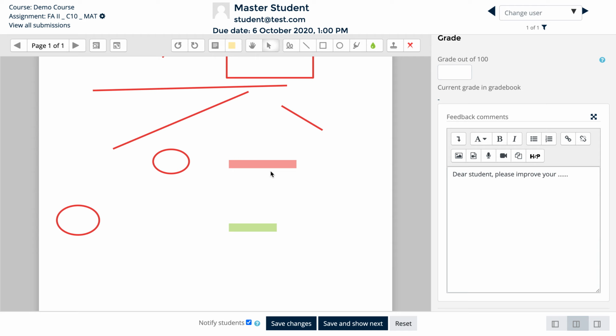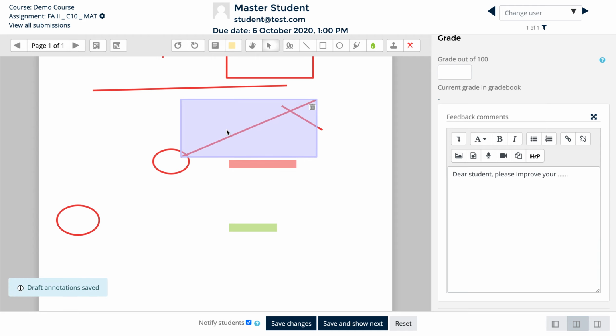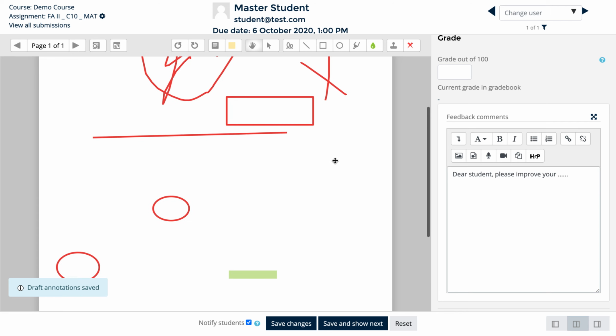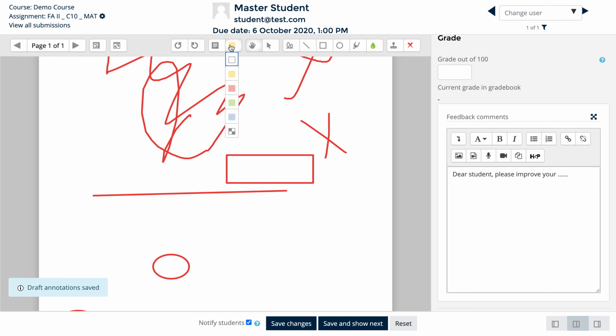This is select command. To select like this and move it or delete it, you can always select and undo your changes like this. The second one, hand, is for panning, you can just toggle up and down. The next one is the comment section.